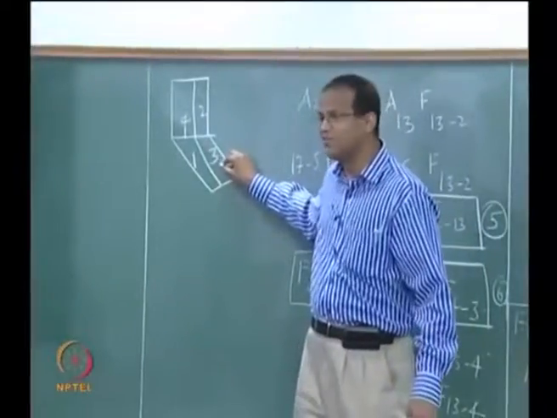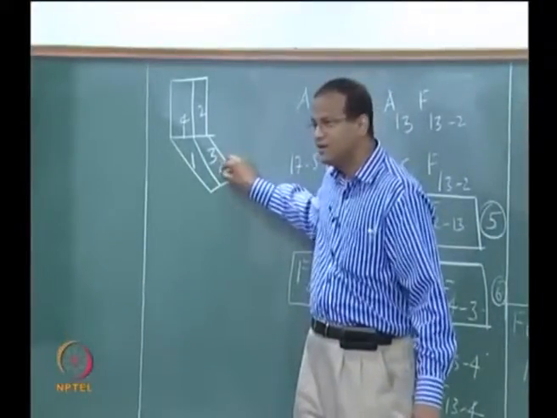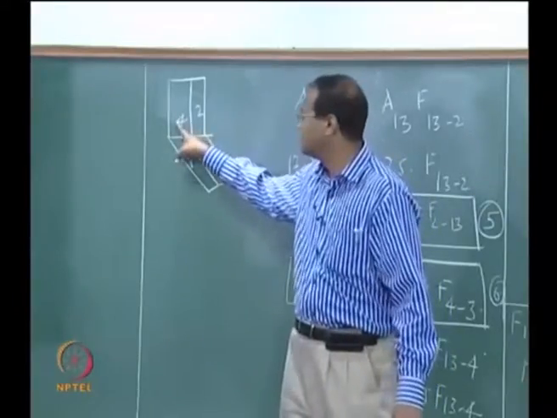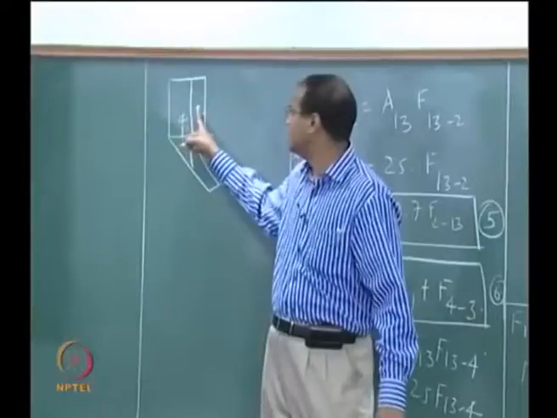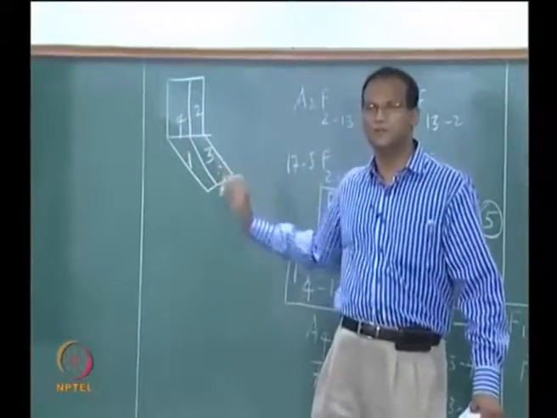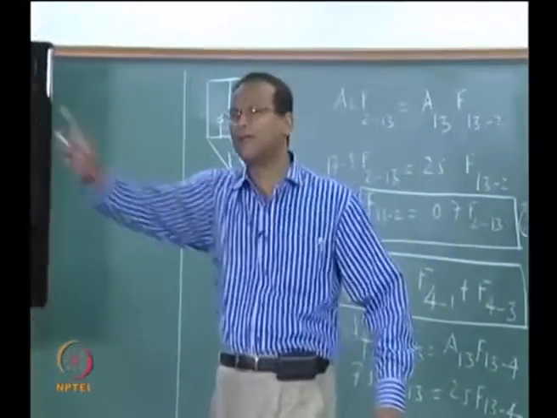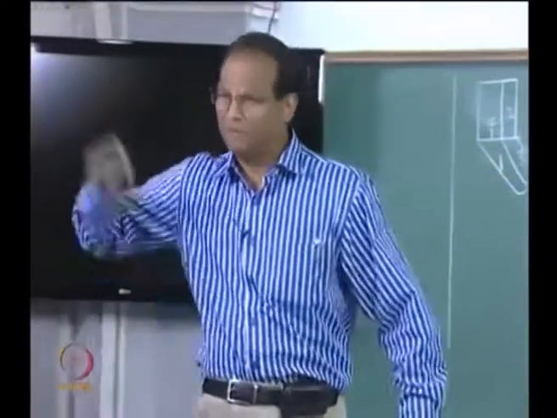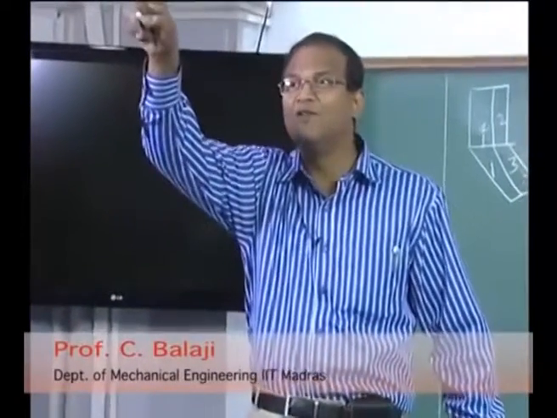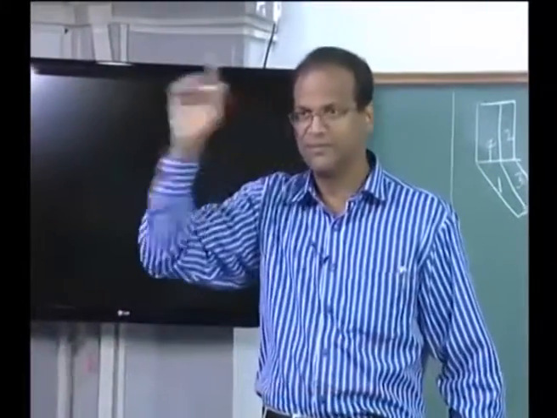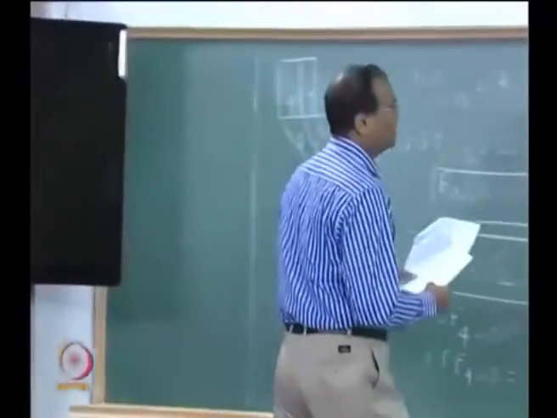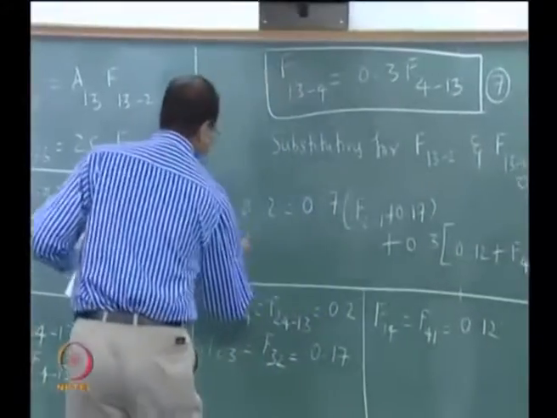This fellow is 3.5 into 5, this fellow is 1.5 into 5, this fellow is 3.5 into 5. Unless you make this common sense, this problem cannot be solved. F1 F2 you will keep on doing. That is where you reduce the number of unknown factors by 1. Now but the critical step now is